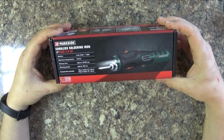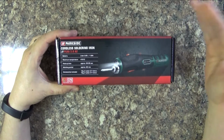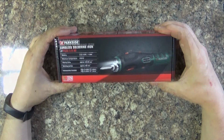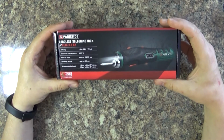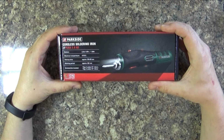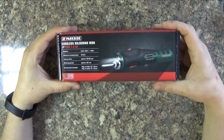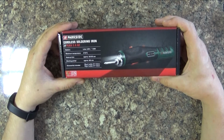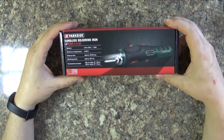But I always buy my tools from their rival company, which is called Aldi. The company that make their tools is called Workzone, and I have had no problems with Workzone whatsoever. Literally, I've bought probably about 30 of their tools and drill bits and things like that, and I've had no problems whatsoever. But I was in Lidl the other day and I saw this and I thought, well,